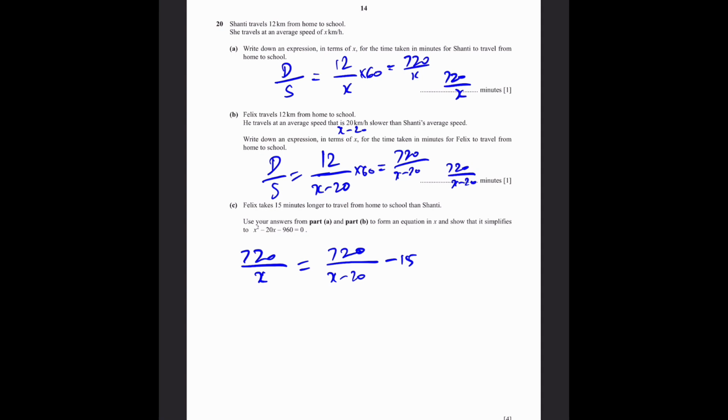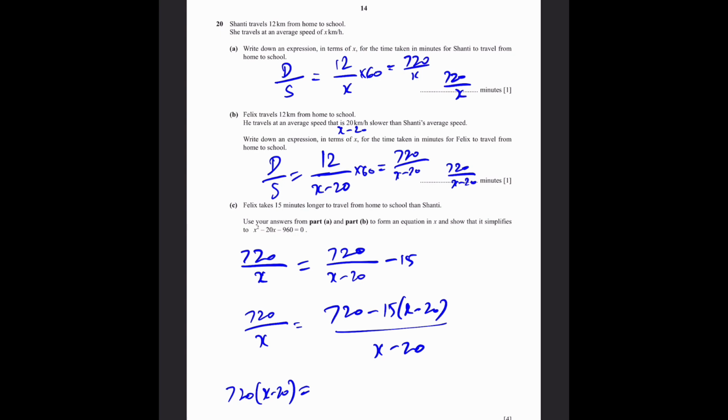Now we can bring the fraction completely together. Minus 15 times x minus 20 over x minus 20. And now you can write 720 times x minus 20 is equal to 720 minus 15 times x minus 20. That'll be minus 15 times minus 20, cancelling the minuses. 15 times 20 is 300. So we can write 1020 minus 15x, whole thing times x, because we're bringing the x from the fraction up here. And therefore,